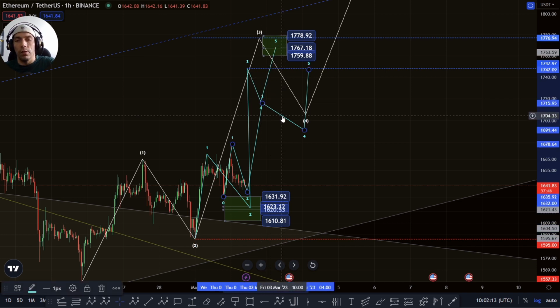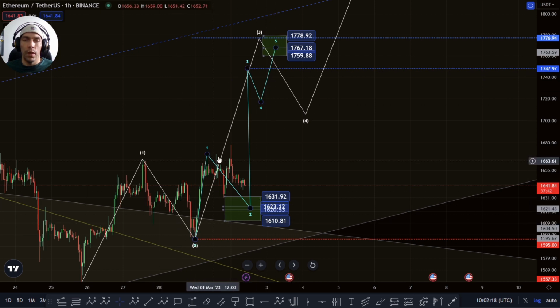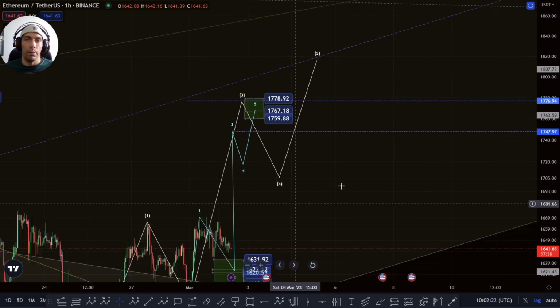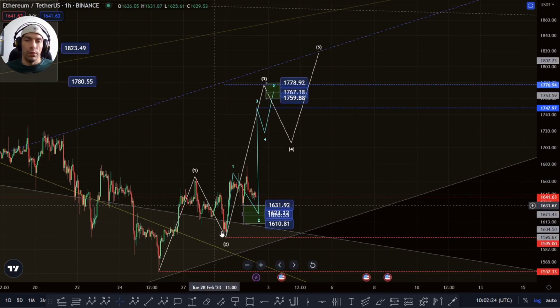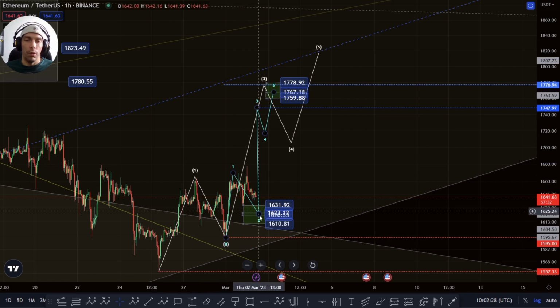We don't have that structure yet, so at the moment all we have is three-wave moves, so we need to just be a little bit careful within this. We could just have a completed move into here and then we look to break down, but this is looking for that potential to actually form a bigger five-wave move here, where this becomes a 1, 2, we get another 1, 2 here, and then we get this push up,